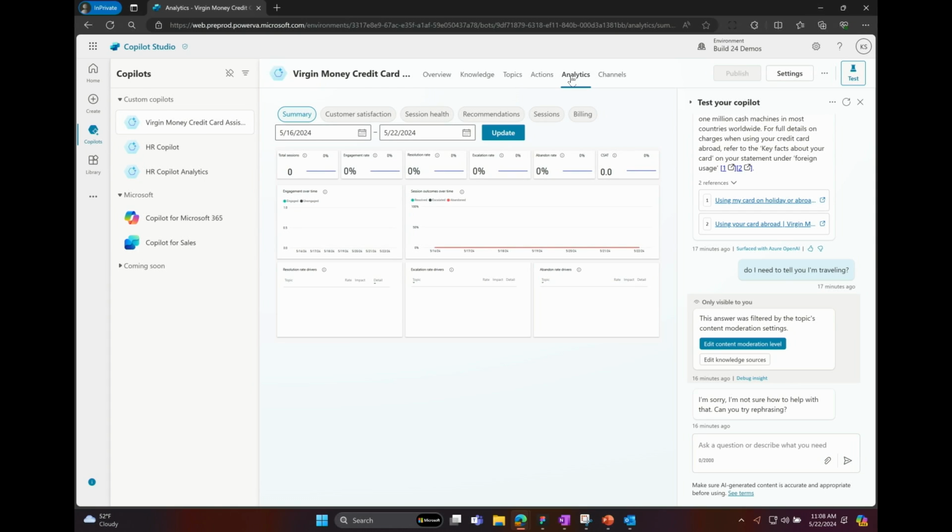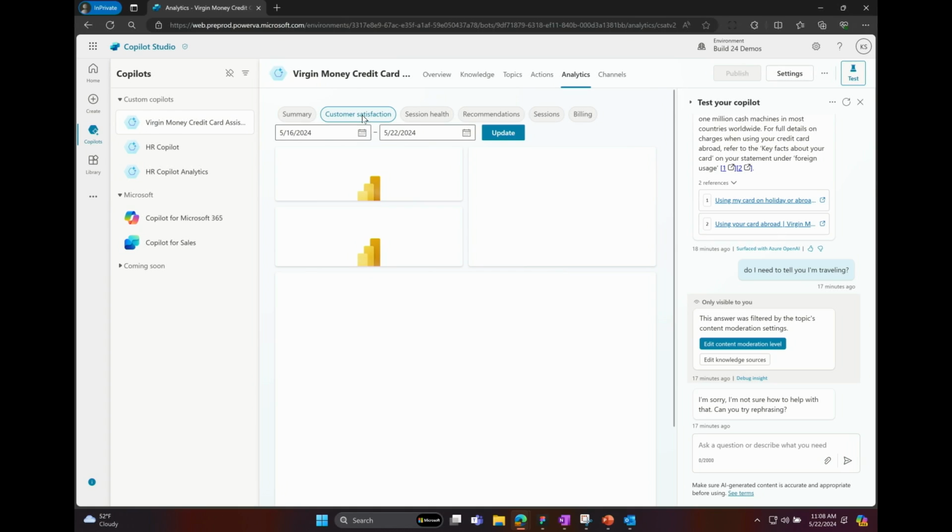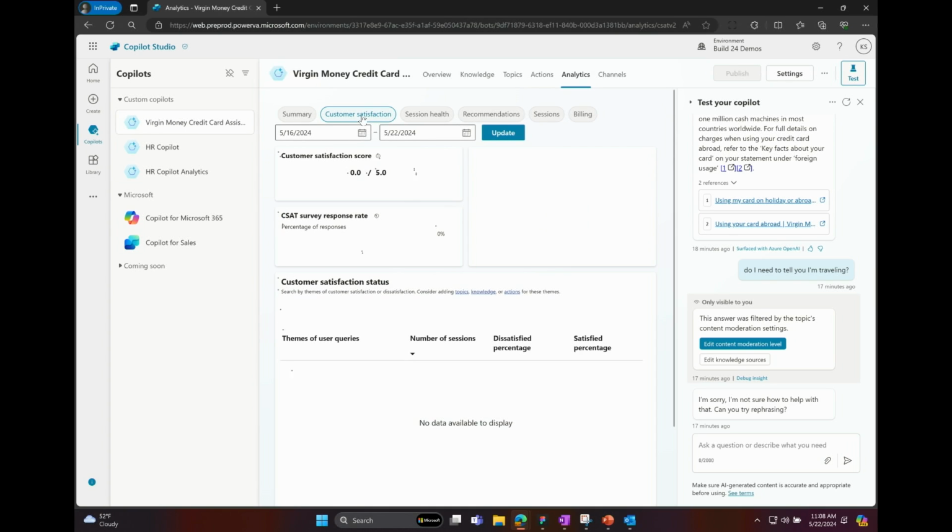You could see where escalation happens. You could generally see if there was a positive or negative CSAT dissatisfaction happening, etc. You could see how many sessions were happening and whatnot. And now we've introduced 2 additional pages within our analytics page. The first one is the customer satisfaction page, which is super powerful because it takes the top themes of the conversations that are happening within your Copilot, and it